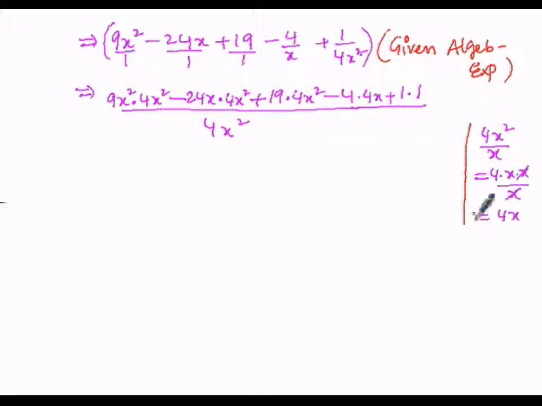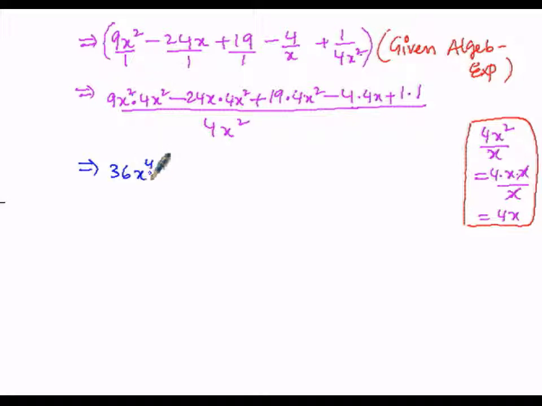So here, based upon this logical step, I got 4x as the quotient. Then the next logical step, that implies, for further simplification there is a dot, that is multiplication, between 9x square and 4x square. 9 4s are 36. x square into x square is x to the power of 4. Your bases are the same, x and x, so we have to add up the exponents. The exponents are 2 and 2, 2 plus 2 is 4.